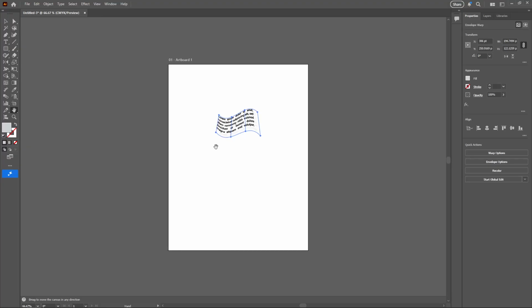For Windows users, press Shift plus Ctrl plus 1. If you're on a Mac, press Shift plus CMD plus 1. These shortcuts quickly return your view to normal without needing to navigate through the menu, ensuring your workflow remains efficient and uninterrupted. By using these simple methods, the Rotate View tool can significantly enhance your productivity and comfort when working